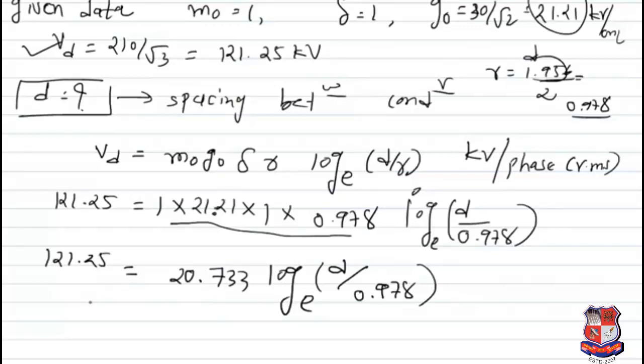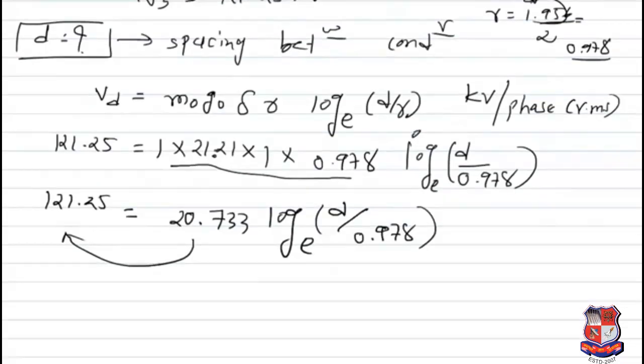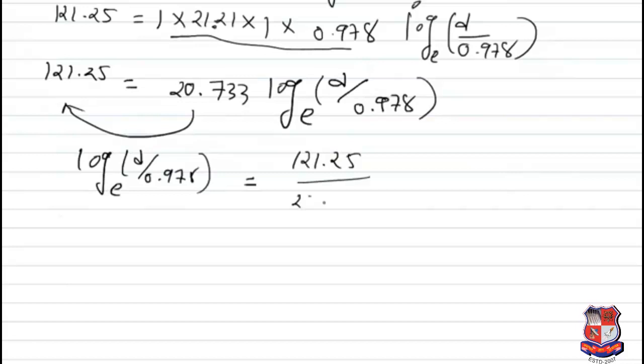So I will take this on another side. So the answer, the log D by 0.978 is equal to 121.25 divided by 20.733, and the answer is